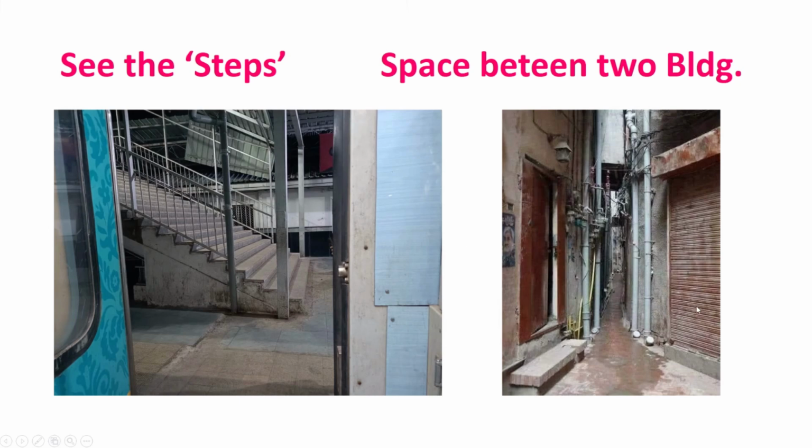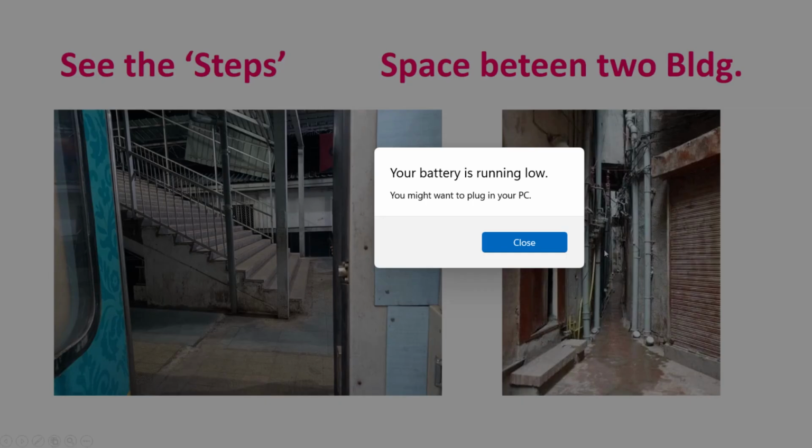Now on the right side, this is again not of railways, but you can see how small a space is provided between the two buildings. This you will find in many older cities where proper planning was lacking. Nowadays NBC has come up with many provisions, so we have to understand the basic minimum space which is required to be left between two buildings. These aspects we will try to cover in a future slide.